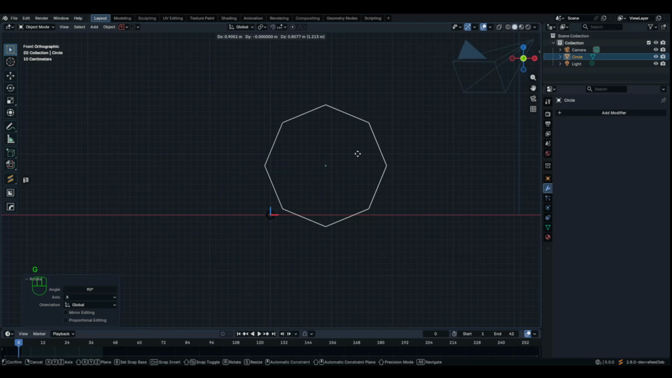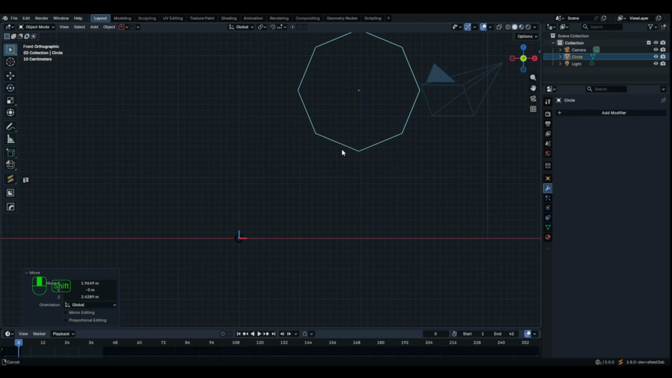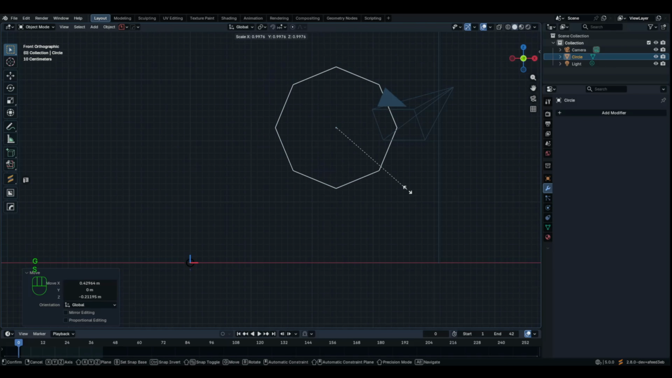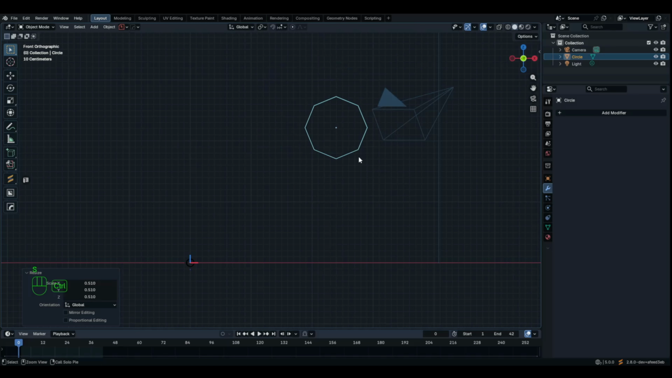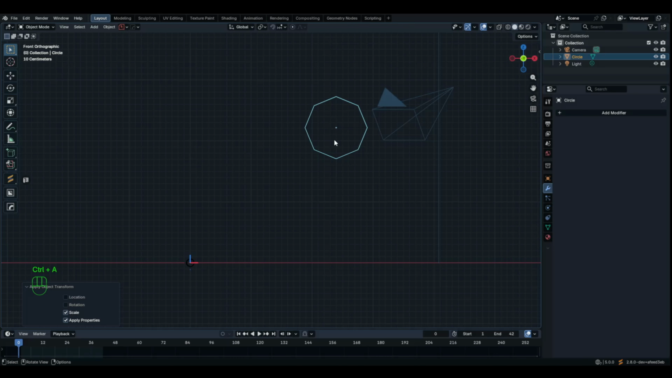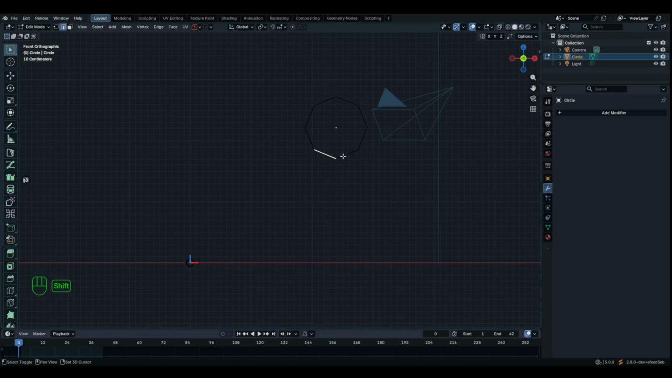Press G and move it here, maybe here. Press S to scale it down, then press Ctrl A to apply the scale. Tab to edit mode, press 2 to switch to edge selection mode. Select these edges,